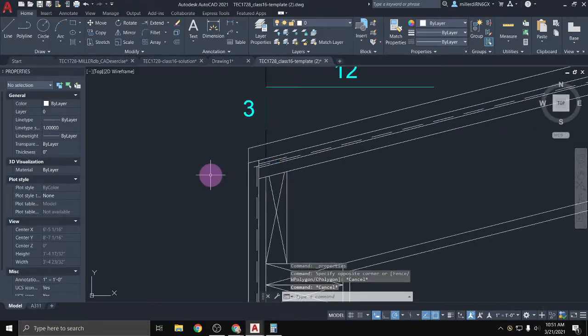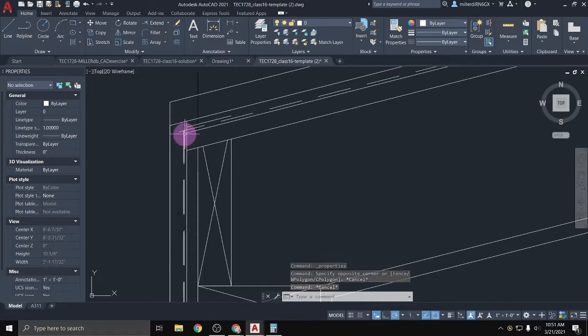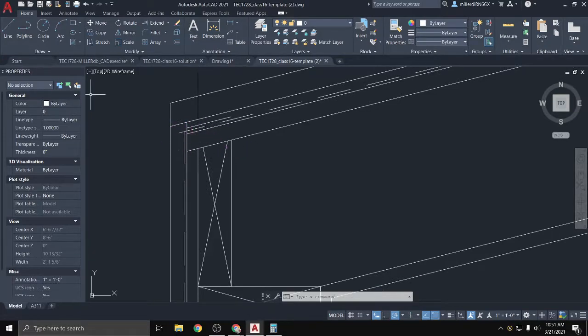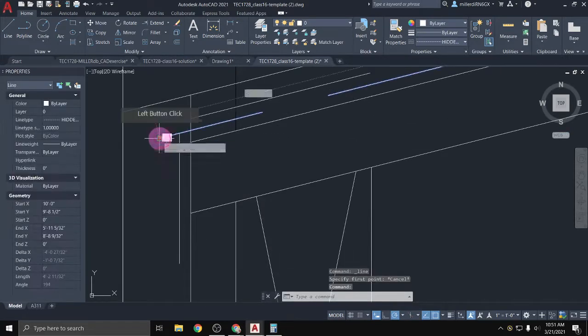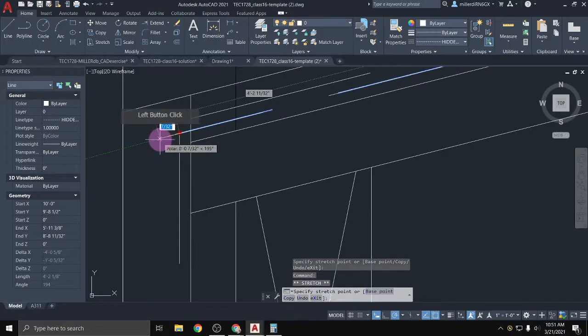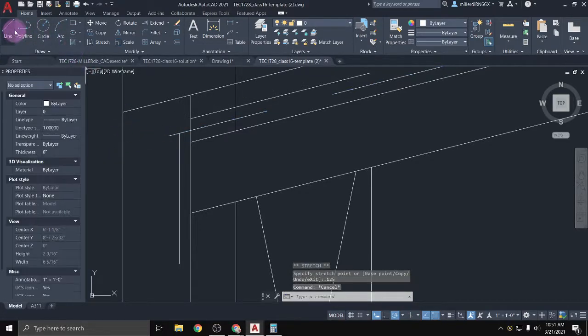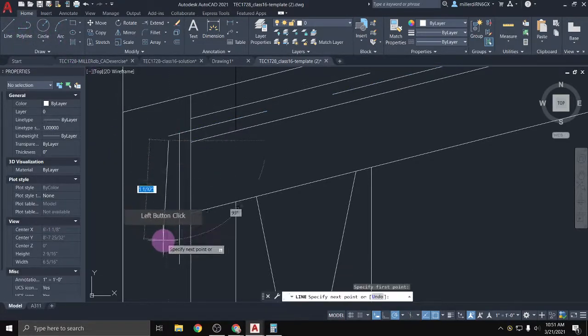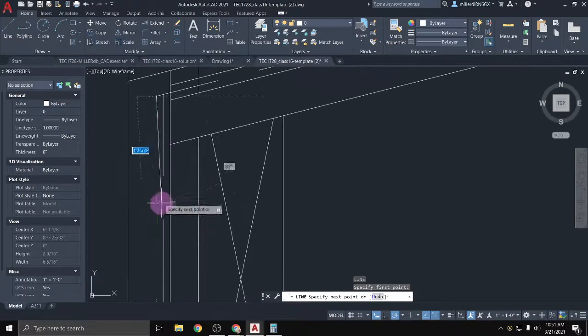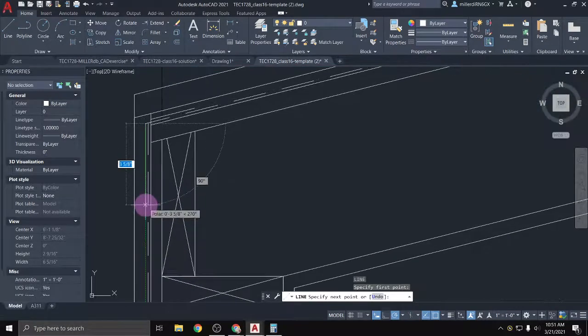Oh, I thought I was hitting escape, but instead I was hitting the little, not quite apostrophe, I don't know what exactly it is. And then I'll even draw in a little line. So really what I want it to do is actually, I shouldn't have extended it to there. I should have extended it to there and then stretched it out 0.125. And then I'm going to draw a line down, L, enter, from that endpoint down,